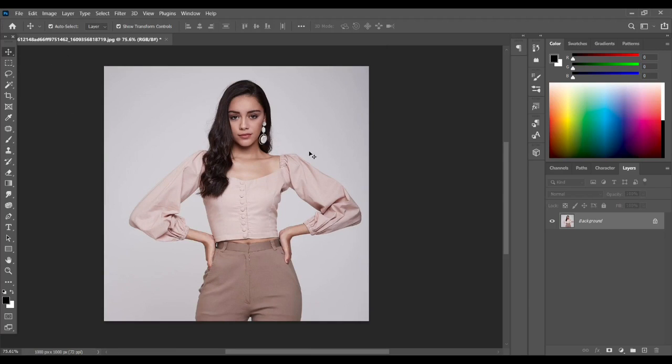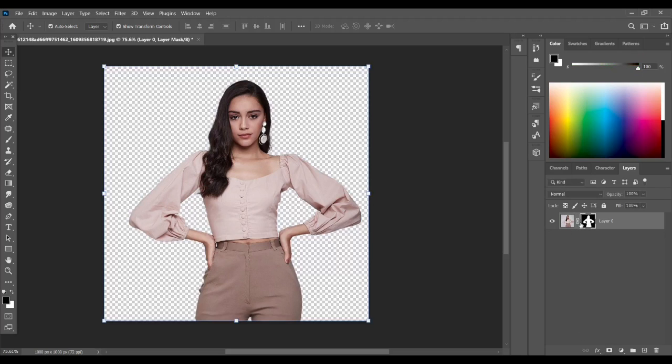I'm going to select the subject, make a selection. So go to select subject. You see our subject is selected. To make a mask, just click here. You see, if I hide my image, you see here the white area is our subject and it is visible, but